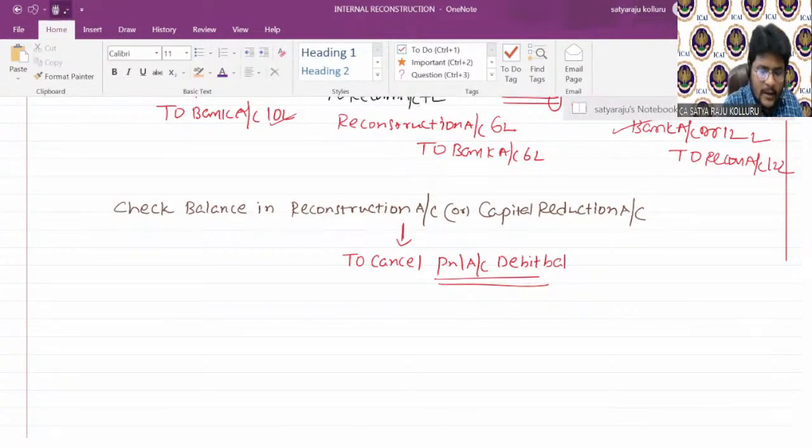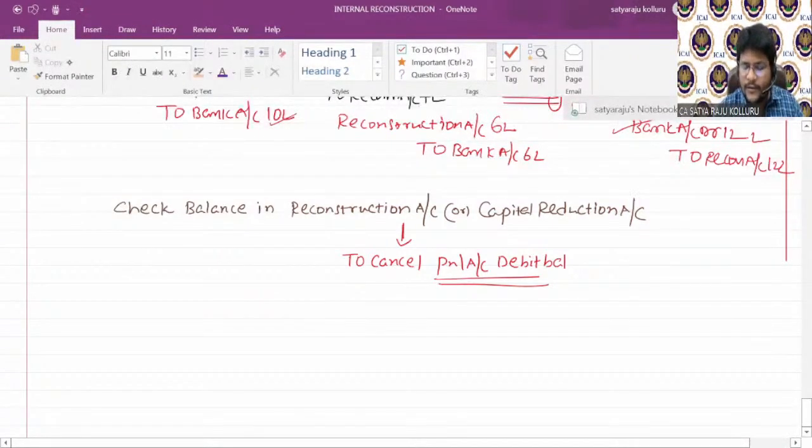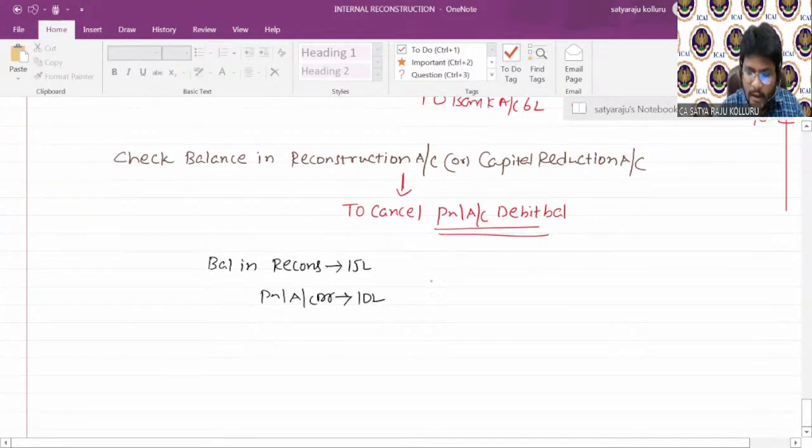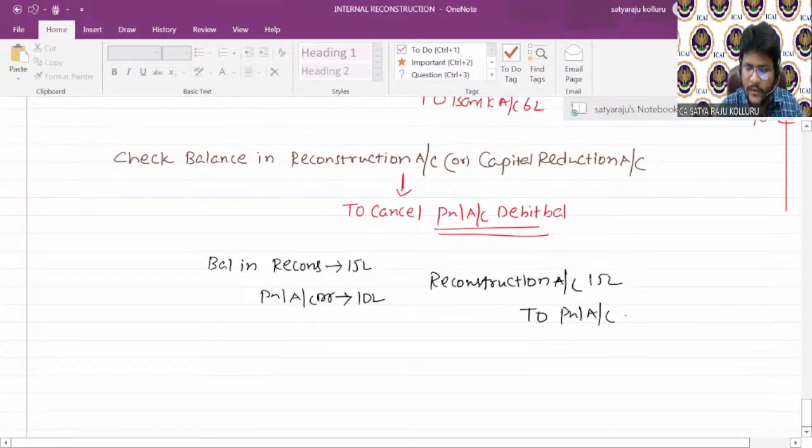Now, all of you please concentrate. Here, at the time of nullifying, let us assume the balance in reconstruction is 15 lakhs, and the profit and loss account debit balance is, let us assume, 10 lakhs. Now still there is a balance in reconstruction after nullifying. I mean to say, reconstruction account debit: you use 15 lakhs to nullify the profit and loss account, which is credited. Now still there is a balance of 5 lakhs in the reconstruction account. That balance of 5 lakhs you need to transfer to the capital reserve